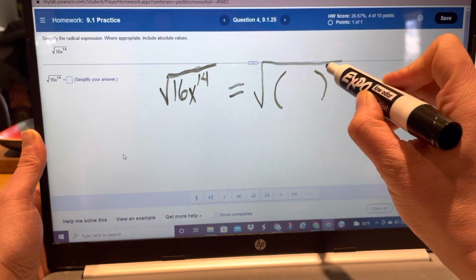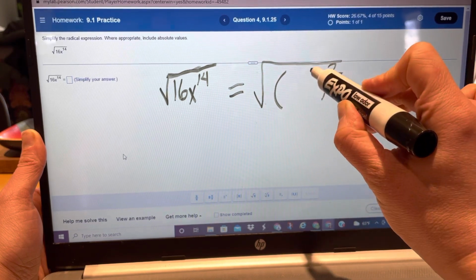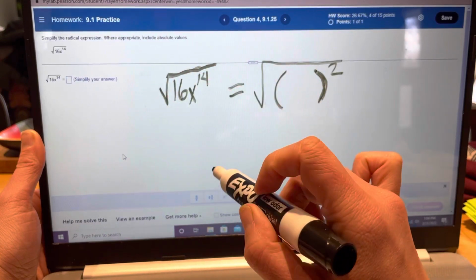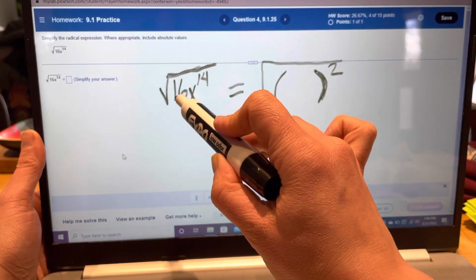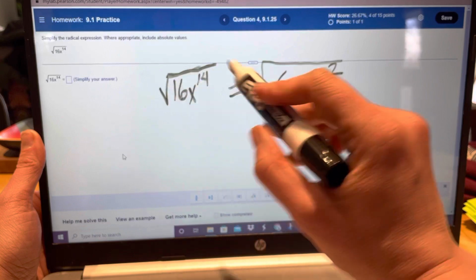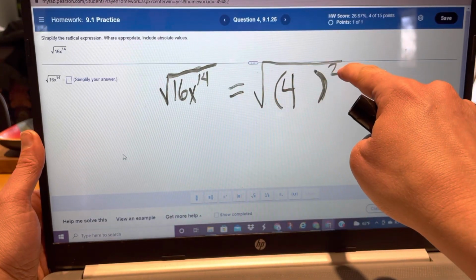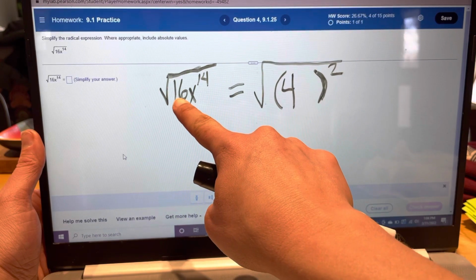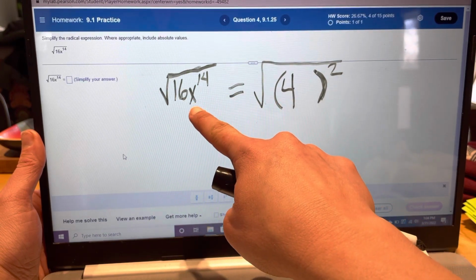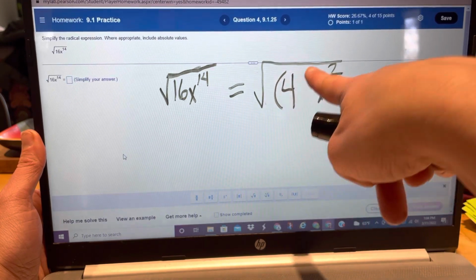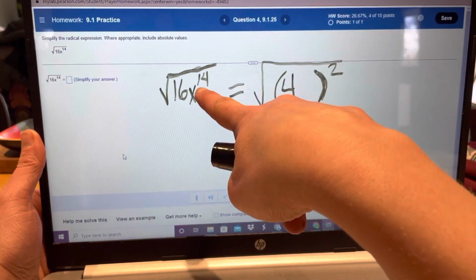So what squared gives me this? Essentially you can take the square root, or figure out what times itself gives you 16. That would be 4. Let's check. Is 4 squared actually 16? Yes. Then you're trying to figure out what to put here, times itself or squared, gives me x to the